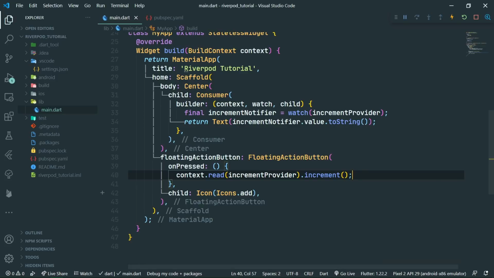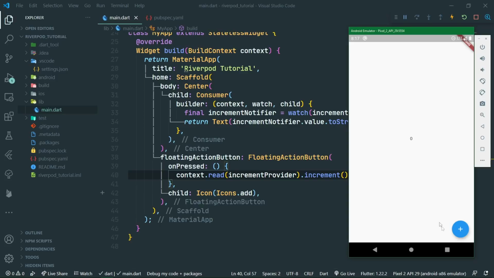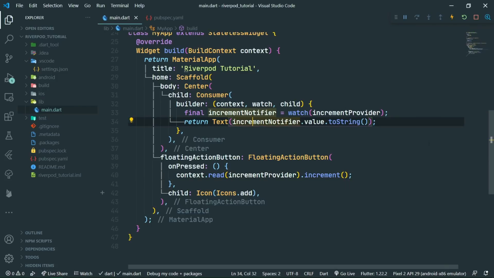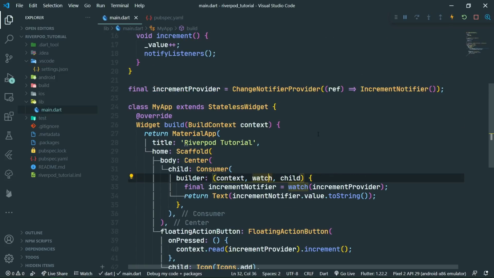All right, now we press the floating action button and it increments just fine and everything works beautifully. Hopefully you can see the small text on YouTube too. Now let's briefly talk about the things that you can do with Riverpod that you just cannot do with the